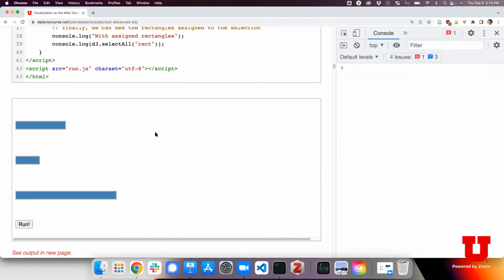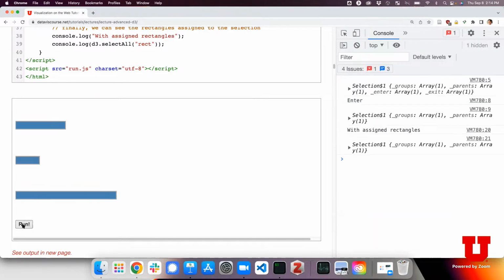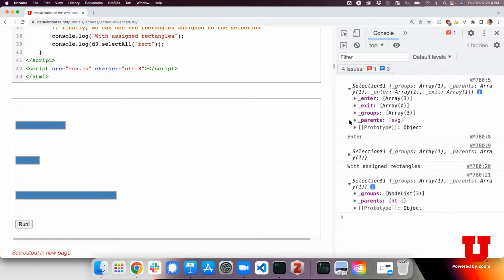I'm confused because there's so many things. Yeah, probably the first one here should be our data. Yeah, see here we have the enter, the exit, and the groups. Okay,